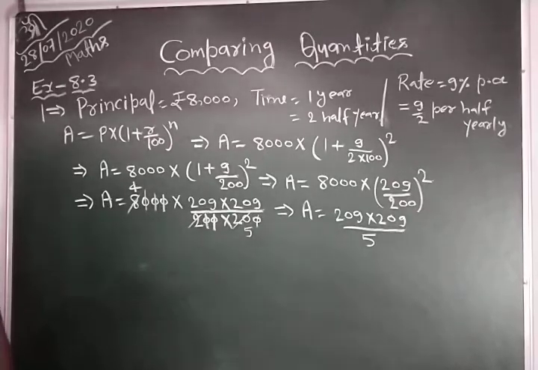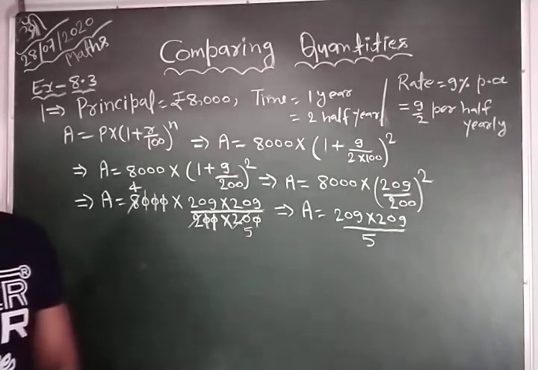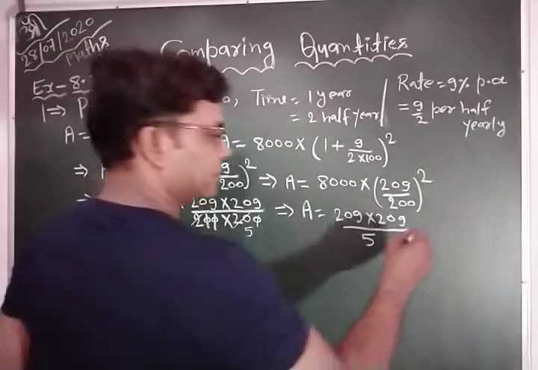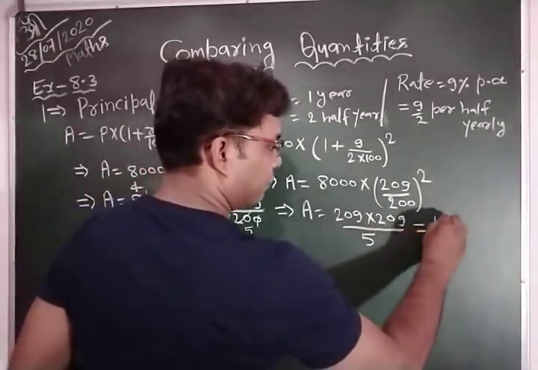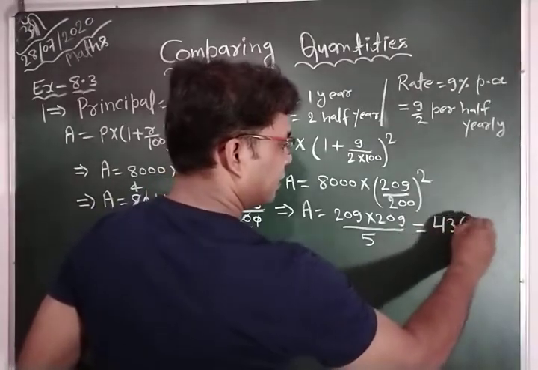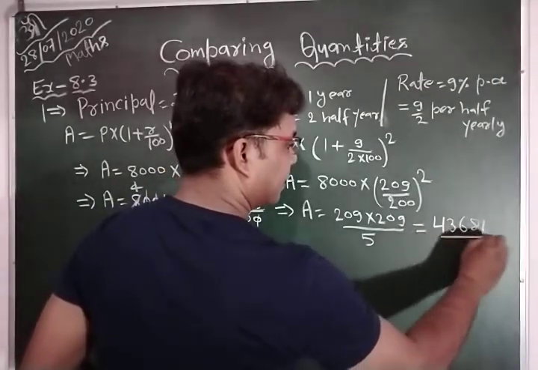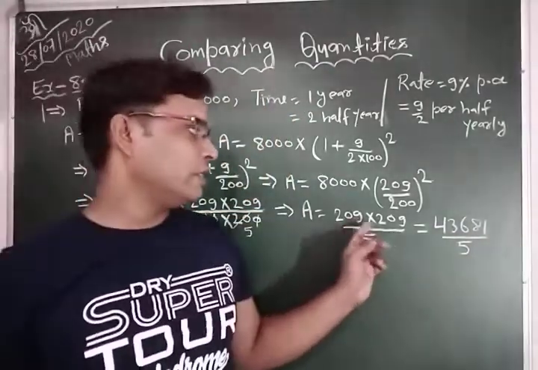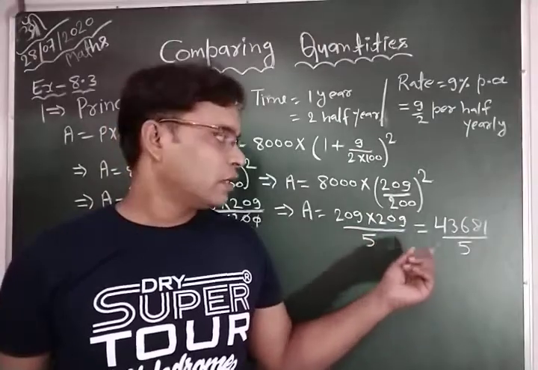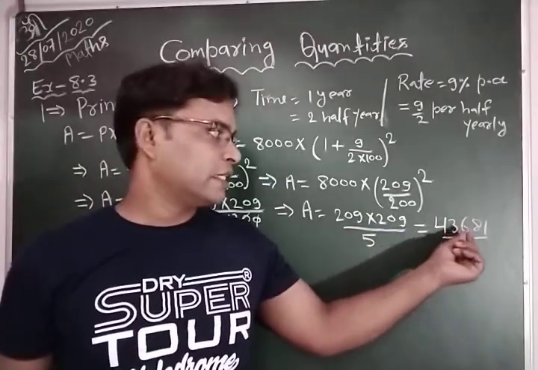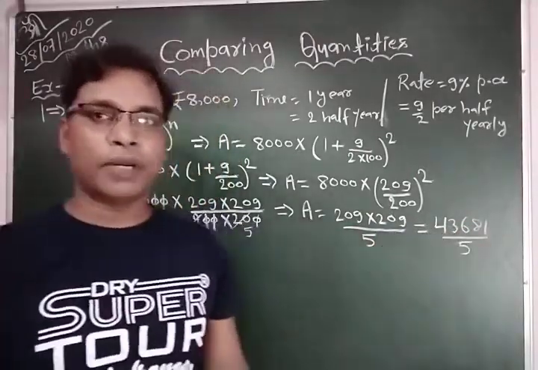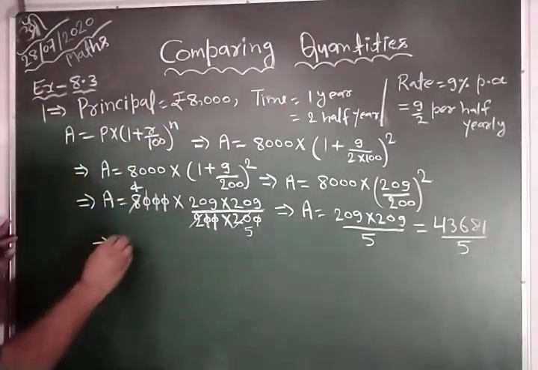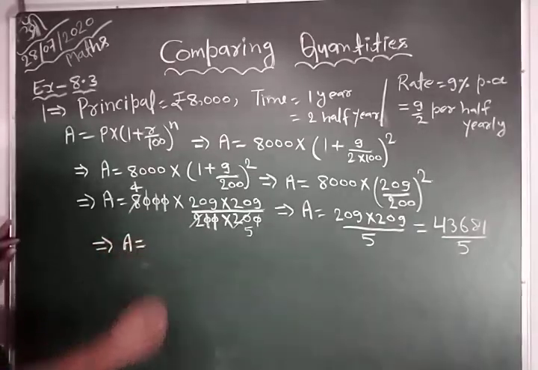If you multiply 209 into 209, then you obtain 43,681. This is equal to 43,681 divided by 5. Okay, 209 into 209, it becomes 43,681 by 5. Okay, so when you divide it by 5,